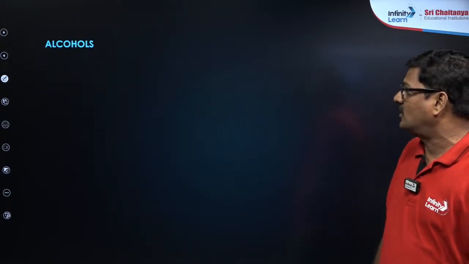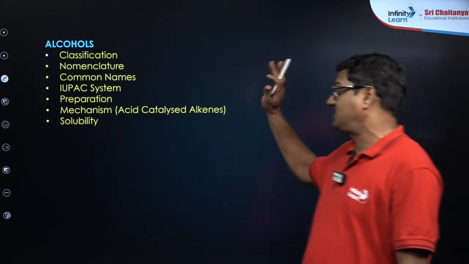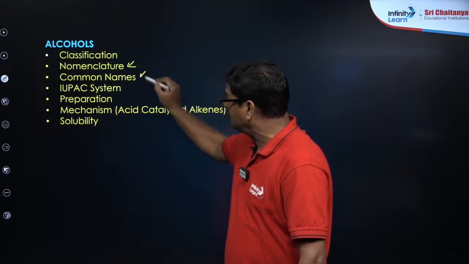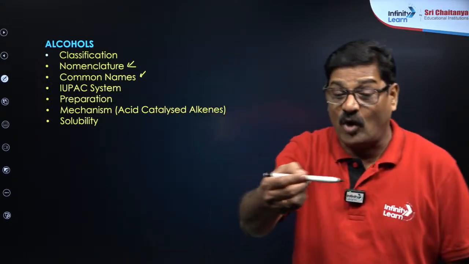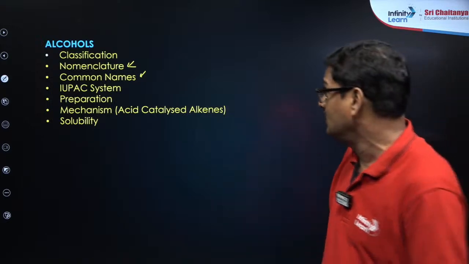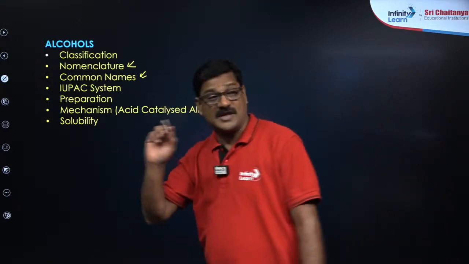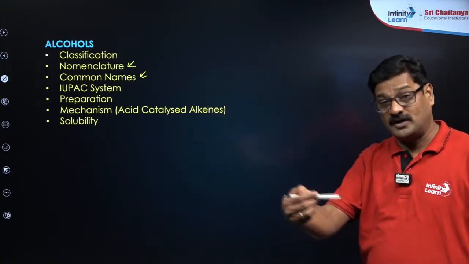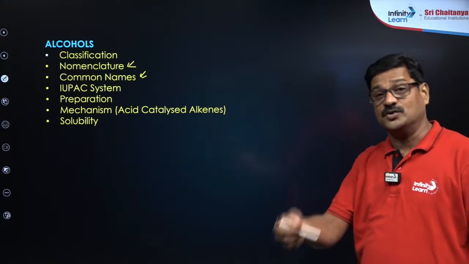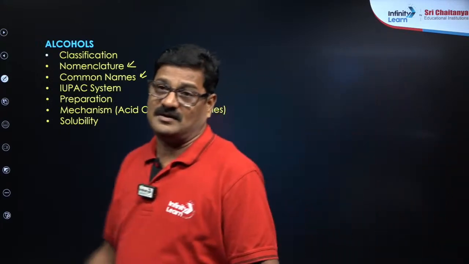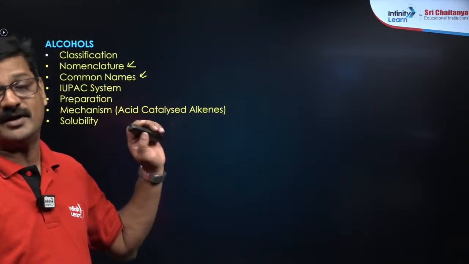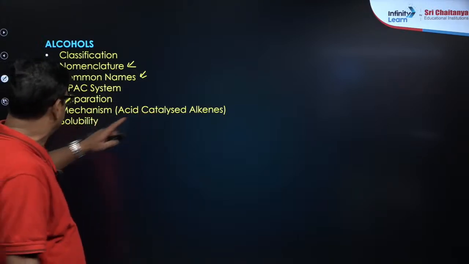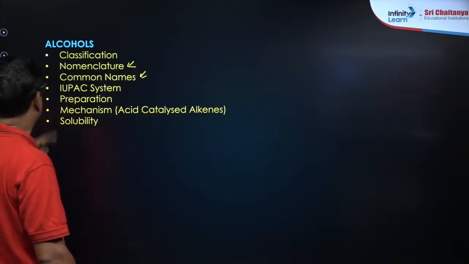Talking about the topics, alcohols. In alcohols you will see classification, nomenclature, common names. From here onwards the connection between these two is important, because in every question the common name is given and you are asked the question, so you need to know the common names as well. Isopropyl alcohol, tertiary butyl alcohol, like that. If nomenclature is given according to the IUPAC system, you can know the actual structure, but the common name is also important from here. And preparation and mechanism, acid catalyzed from alkene, and solubility, and also its chemical properties,